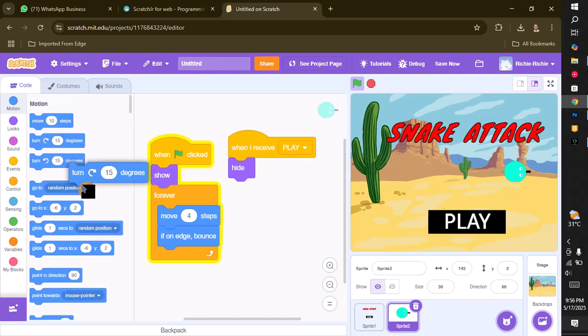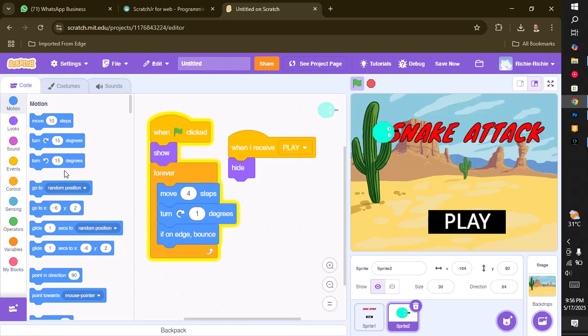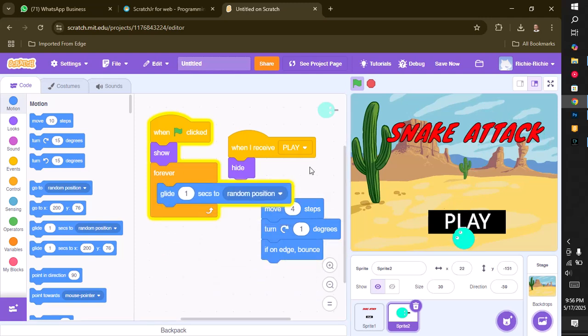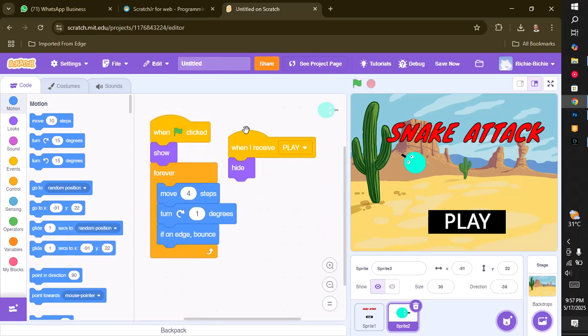You can also go further and say, okay, turn 1 degree like so. So once it touches the edge, it just moves to a random position and just turn to another location. Another thing we can do is to just use glide 1 second to random position. So once we've dragged our glide here, you see it's just moving and gliding across the screen. So I'm just going to use this animation right here. So once we click on our green flag,